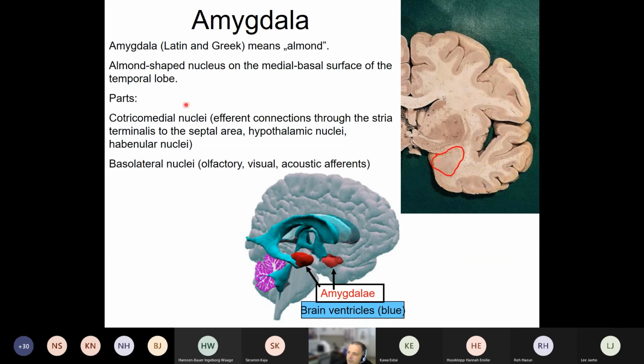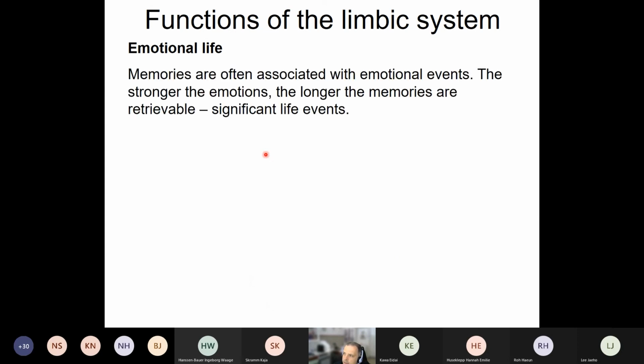It has more than 30 subdivisions. Of course, you don't have to know that. I mentioned here some subnuclei with a couple of functions. Again, you don't have to waste too much time with that, but the corticomedial and the basolateral nuclei I pointed out with emotional functions and some connections. If you would like to memorize these names, you may get a better mark in the exam, but this is not absolutely required for a passing grade. The amygdala controls our emotions,